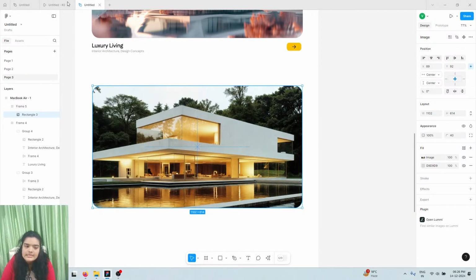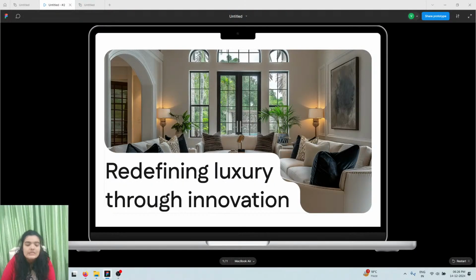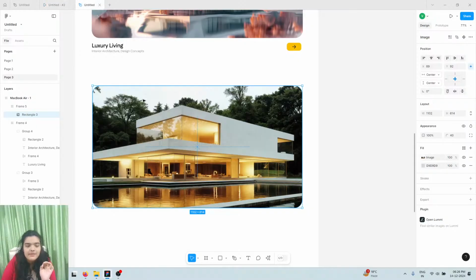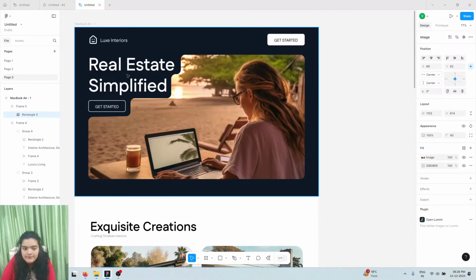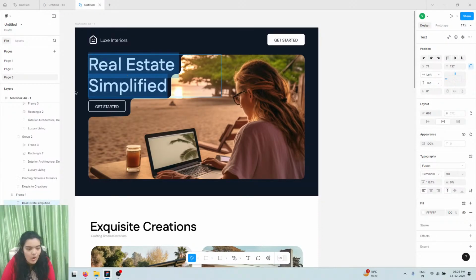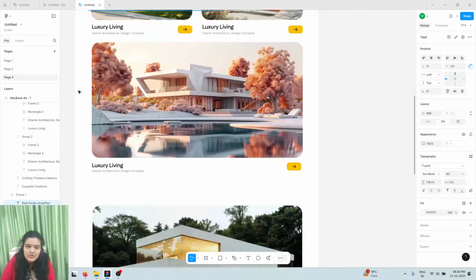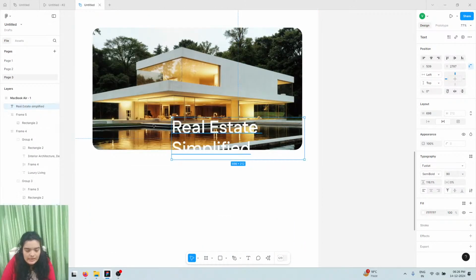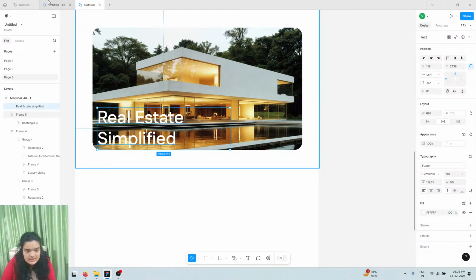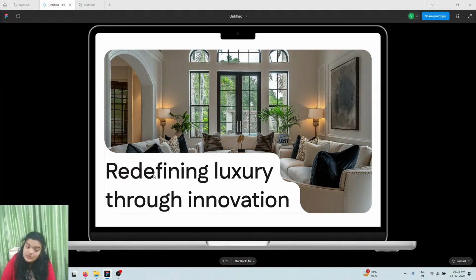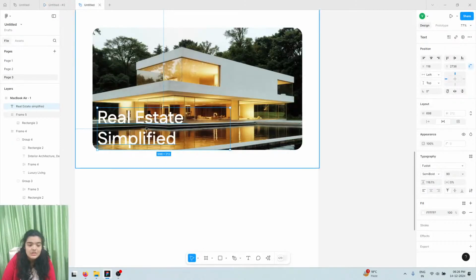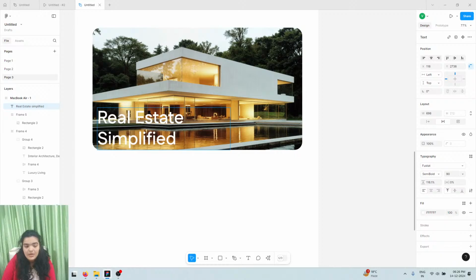Alright, the next thing we need to make sure of is we have some text, redefining luxury through innovation. And I feel like this text in itself is very similar to this text, so I'm just going to copy this text box, especially because it's going to save me a lot of manual labor of increasing font sizes, getting everything adjusted. The word is going to say redefining luxury through innovation, and the font size is going to stay the same. So we're going to change this text to say redefining luxury through